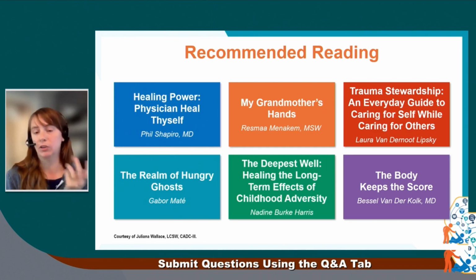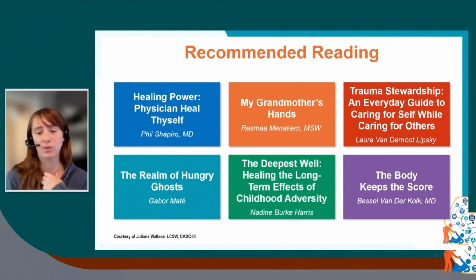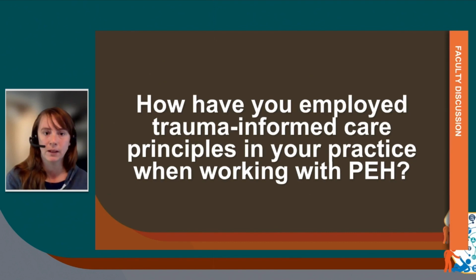Trauma Stewardship is a wonderful guide written by a social worker who does high-crisis environment work. I have actually seen her talk live, and if you check out her website, she's doing some pretty incredible work. Her newest book is called The Age of Overwhelm, which I'm not done reading. The Realm of Hungry Ghosts, by Dr. Gabor Maté, is one of my heroes and inspirations in the work. He's a palliative care doc and addiction medicine physician, and that book is about the connection of homelessness, addiction, and trauma. Nadine Burke talks about adverse experiences in childhood and how they impact our health outcomes. And then, of course, The Body Keeps the Score, about understanding the long-term impacts of trauma in our body. And I think that's it.